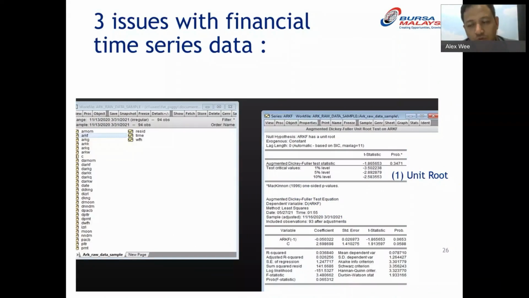During John Bollinger's time, he did not realize this. John Bollinger's son actually came to Malaysia before, and he's a technician as well, and we discussed it. They were not known at that time, but now technical analysts know that these issues exist. So there were three issues with financial time series data.